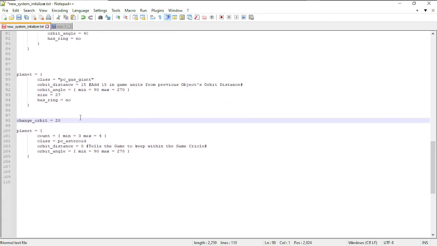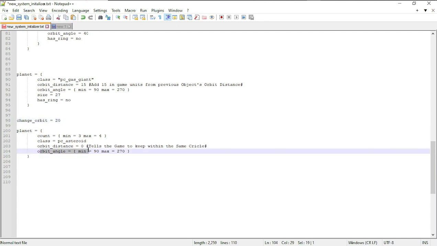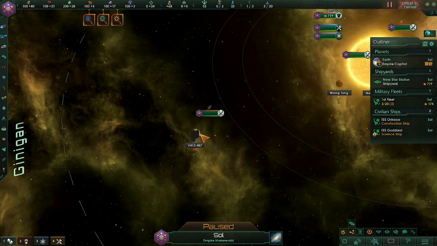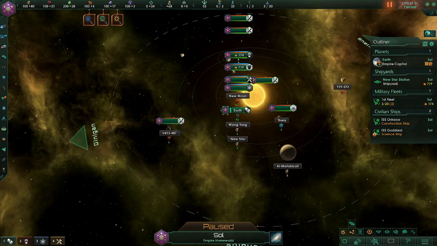This is sort of artificially doing that. So you are telling the game, hey, from this object, move out 20 units, and then spawn these asteroids in the same orbital lane. And here we are in game, and as you can see, we have spawned in 4